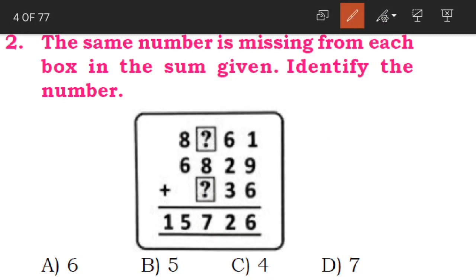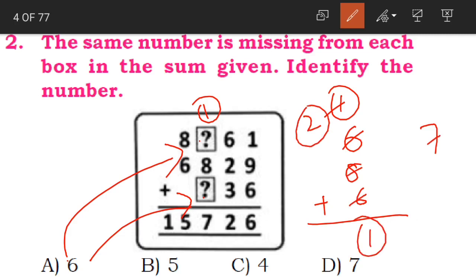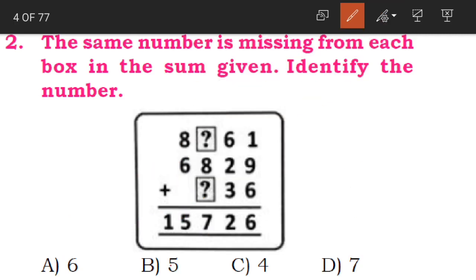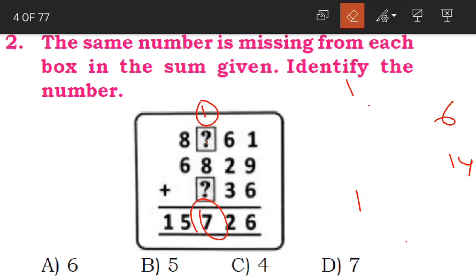Or else another way of solving this is, you can take each number and place it there. 1, 6, 8, 6. I am writing 6 now. First option. 1 plus 6, 7. 7 plus 8, 15. 15 plus 6, 21. We got 1 right. So this is not our correct answer. Option B. 1 carried. 1, then 5, 8, and then 5 in the place of the question mark. 1 plus 5, 6. 6 plus 8, 14. 14 plus 5, 19. We are having 9 here, so this is also not our correct answer.